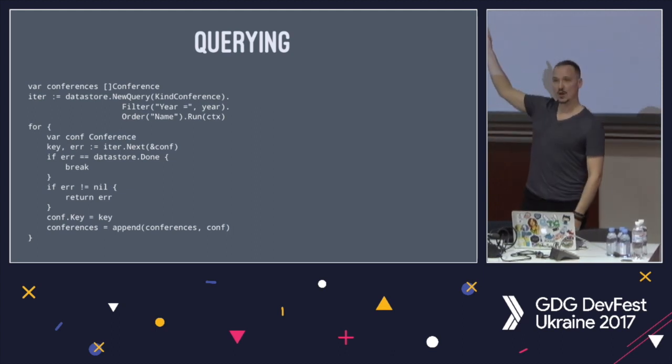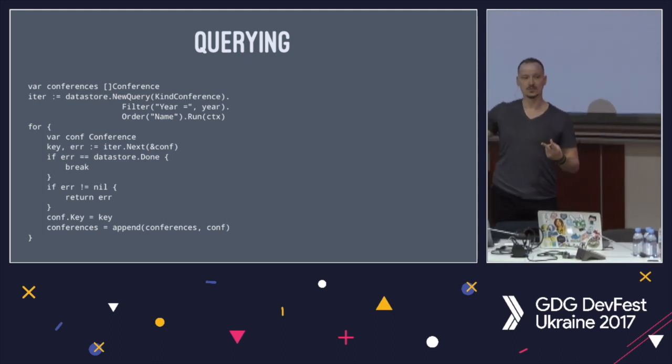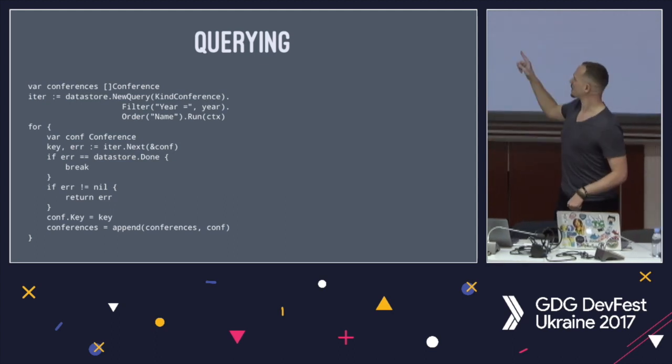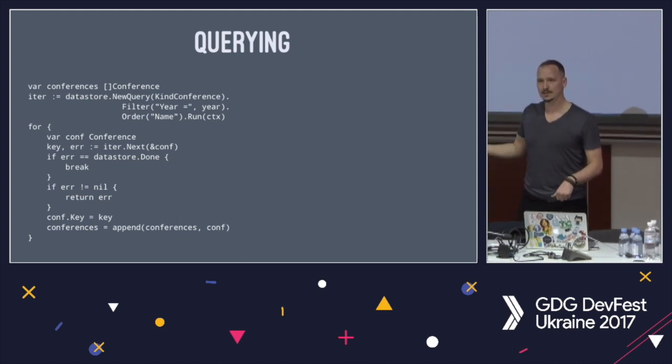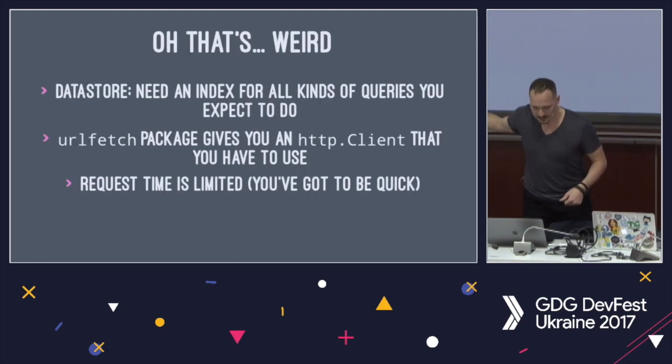But this code will fail if you don't add an index explicitly for year and name. And if I was to order the name the other way, like you can do minus name, then that's another index again. That just explains that, I think.